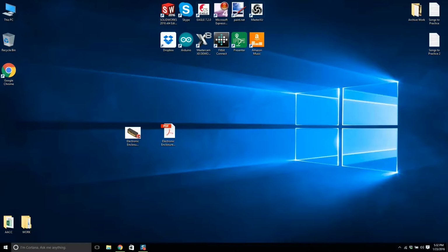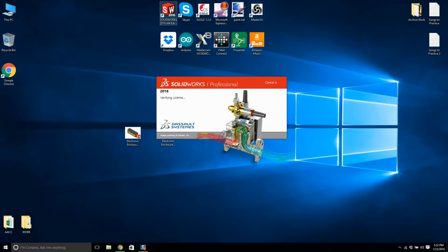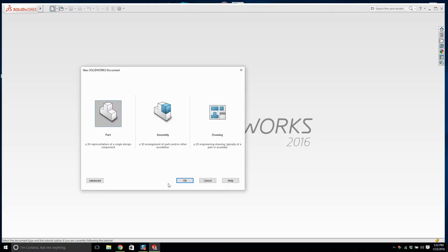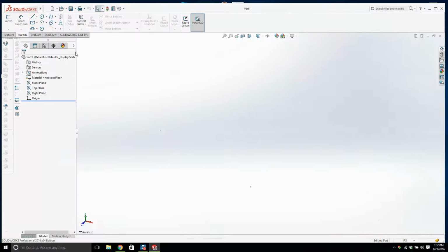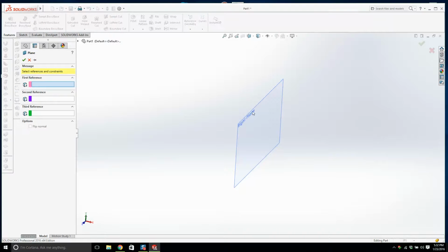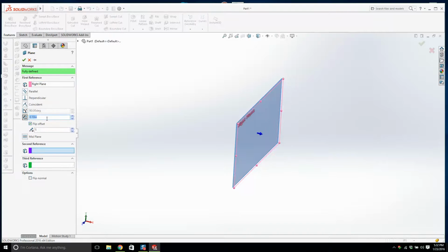Okay. And right, so hopefully, I have it written down. So hopefully you guys have it written down as well. Right, let's open up Solidworks, and we're going to start off with a loft. So I'll get a new part. I checked it in inches. I'm going to turn on the right plane, which is there, and I'm going to get some. How many planes do I want? 1, 2, 3. Okay. Now I'll flip it. Now what's this one? This is